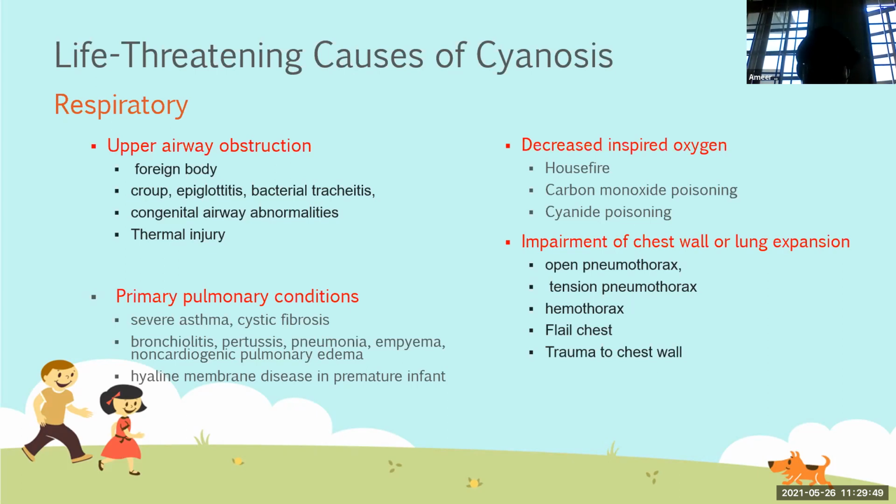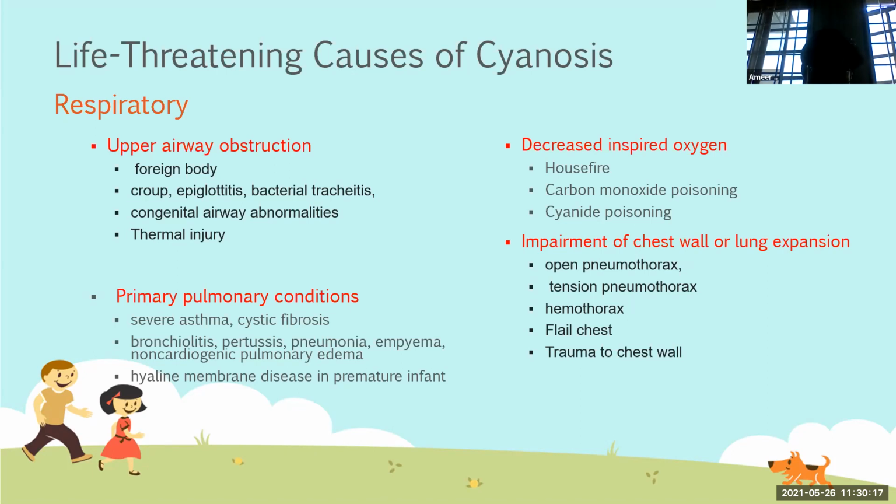And the second is infection of the upper airway, which can be either croup, epiglottitis, or bacterial tracheitis. When this infection blocks or reduces the upper airway space, it can also cause cyanosis. And the next are congenital airway abnormalities and also thermal injury to the upper airway. Okay, next